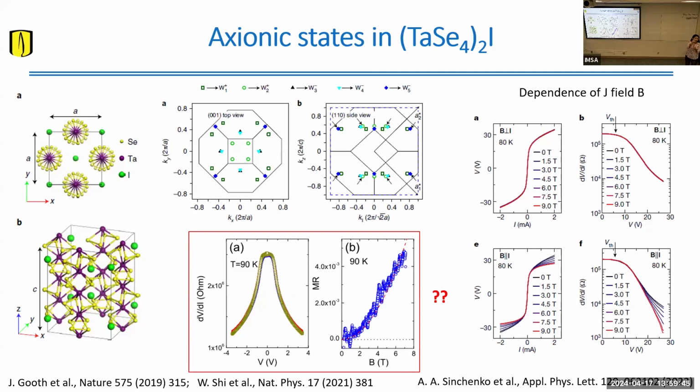When your field is perpendicular, you don't have the chiral anomaly. But when it's parallel, you have a maximum chiral anomaly. So meaning that you only have a contribution in the nonlinear regime of the phason displacement only in this situation and not in this one. So that's the whole point of that claim.